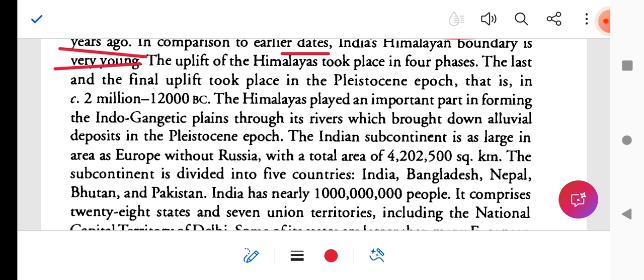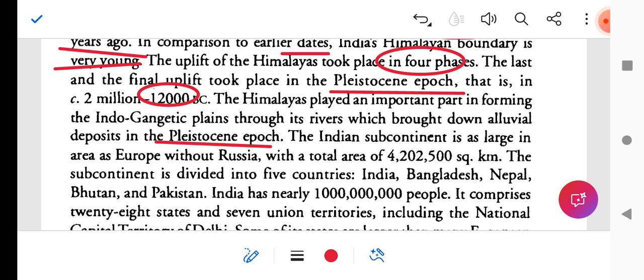The uplift of the Himalayas took place in four phases. What are the four phases? Next we will see. The last and final uplift took place in the Pleistocene epoch, that is circa 2 million to 12,000 BC. The Himalayas played an important part in forming the Indo-Gangetic Plains through its rivers, which brought down alluvial deposits